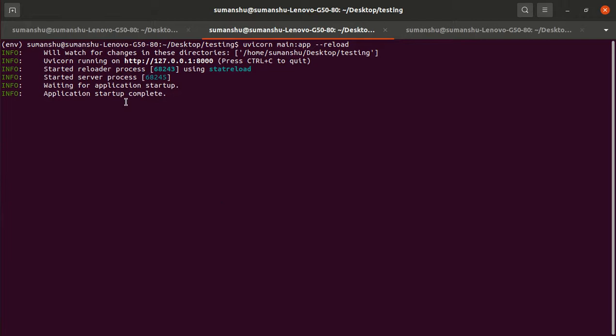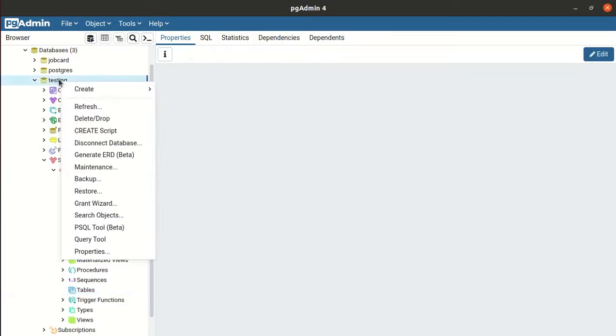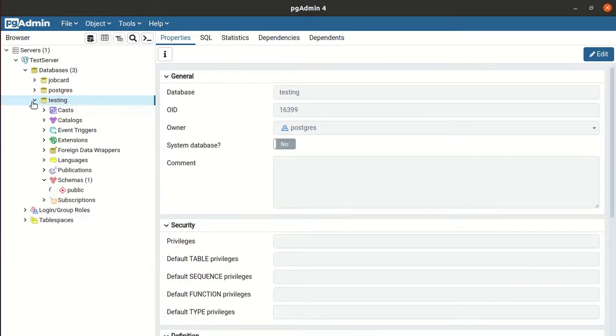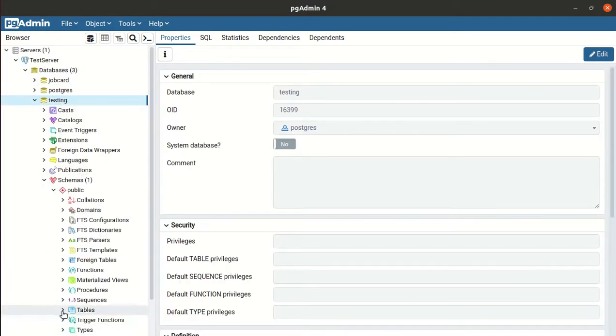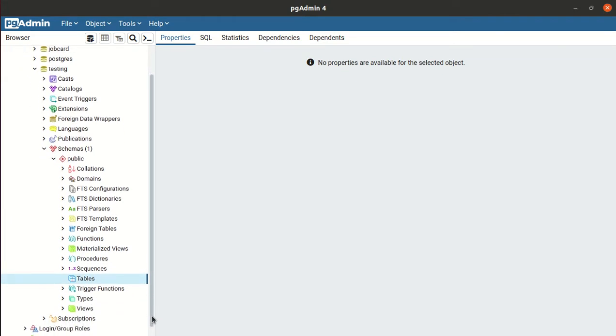Now the application has been started, so we should expect the table to be created. So under testing, now under the tables, where is the table? Refresh. Oh, where is the table?